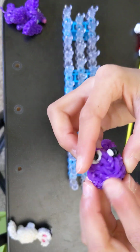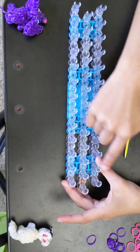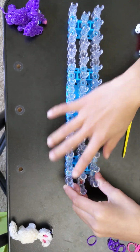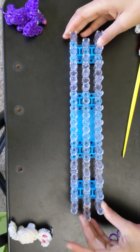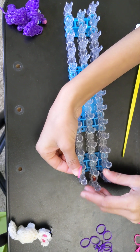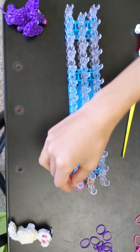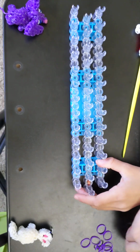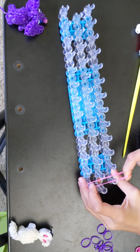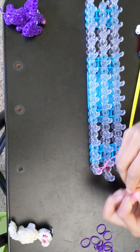So our loom friend will start with this cross with 6 pegs. So you'll have to get a configuration that is the standard figure. And now let's start the body. So my top will be my neon pink, because I have too much of neon pink, so that's what I will be using. So we're going to take 2 single bands, and we're going to loop it on the first top peg to the second bottom peg, and repeat for all 6 pegs, taking 2 single bands,